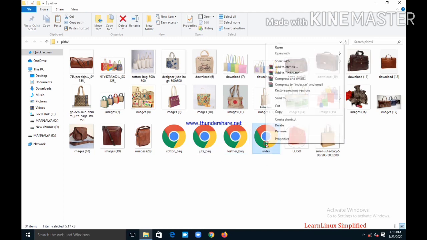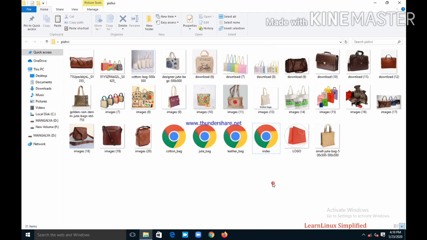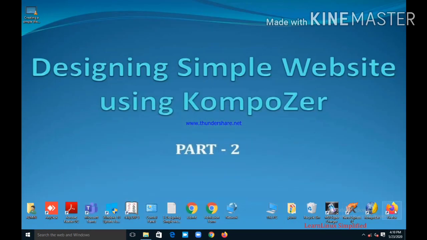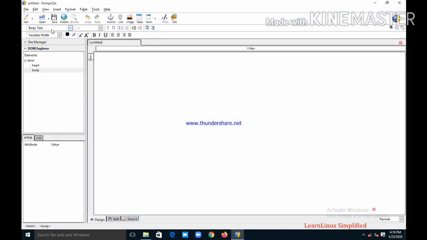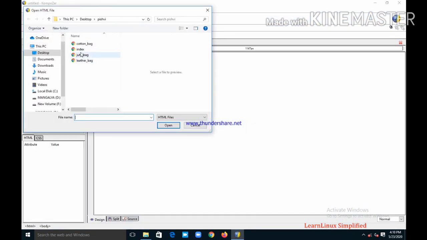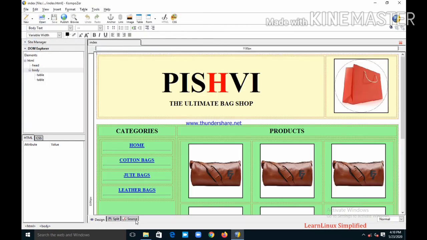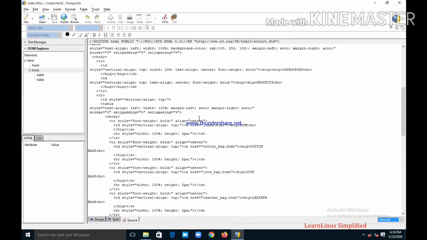I have given these names in my coding. You can see here in the index page, in the source part, you can see the coding. Here it is cotton bag, here it is jute bag, and here it is leather bag.